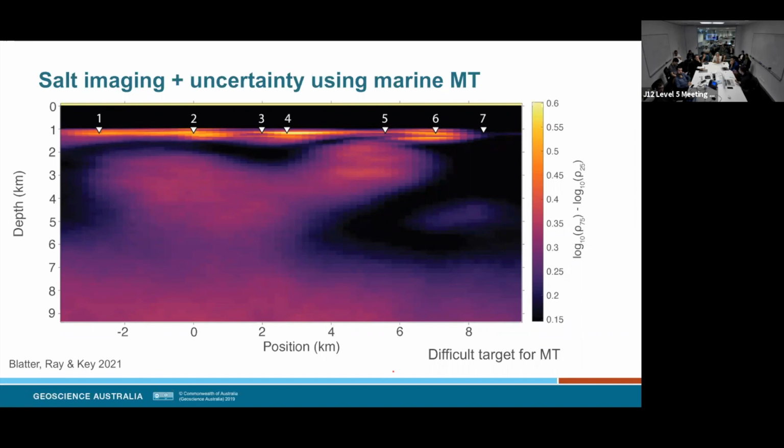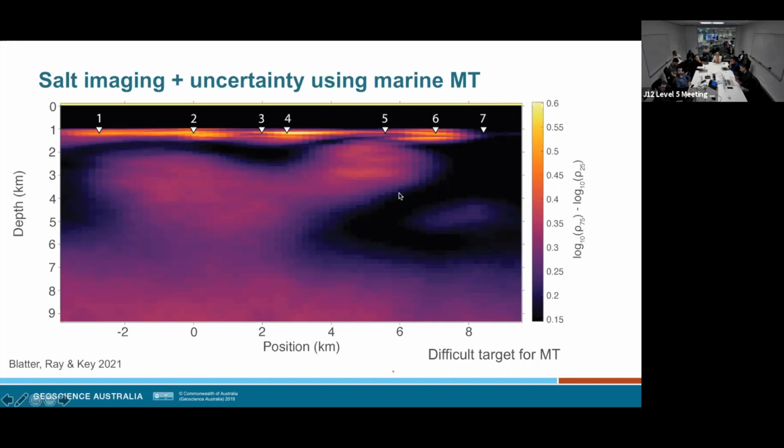So you're trying to image the shadows of what you can see. So you pretty much have very low uncertainty. This is the interquartile range you see over here, in the log resistivity space. There's not a whole lot of uncertainty with the sediments, but there is quite a lot of uncertainty with the salt, which is what you're interested in. But you can still see the edges of the sediments.